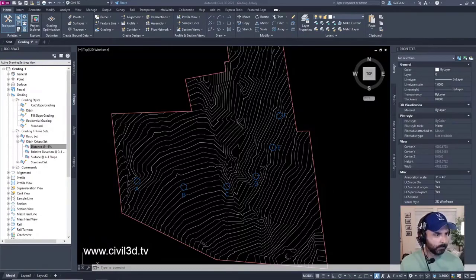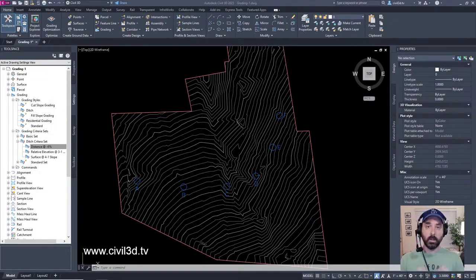Okay. I'm going to go through a little read here before I get into the exercise of creating feature lines. This tutorial demonstrates how to create a feature line and how to grade from a feature line. You can create gradings from parcel lot lines. Remember, from the last few live streams, we were dealing with parcel lot lines.